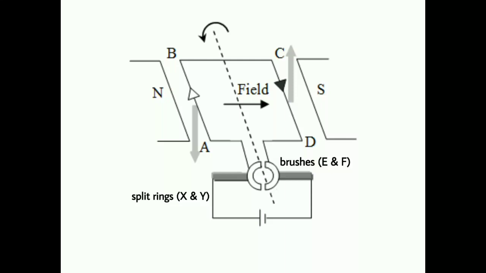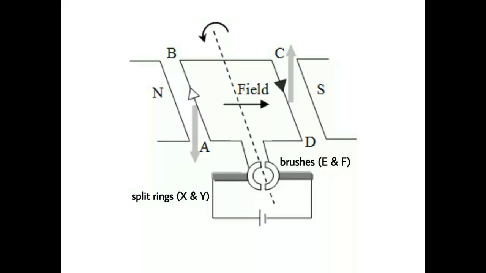When the circuit is completed, the current flows in the branch AB of the loop from A to B through the carbon brushes E and F. Since the direction of the magnetic field is from North Pole to South Pole, according to Fleming's left hand rule, a force is exerted on the branch AB and pushes it down. The current in the CD branch is in the opposite direction to that in the AB branch, and therefore a force is exerted on the branch CD in the upward direction. Thus, the loop and the axle start rotating in an anti-clockwise direction.